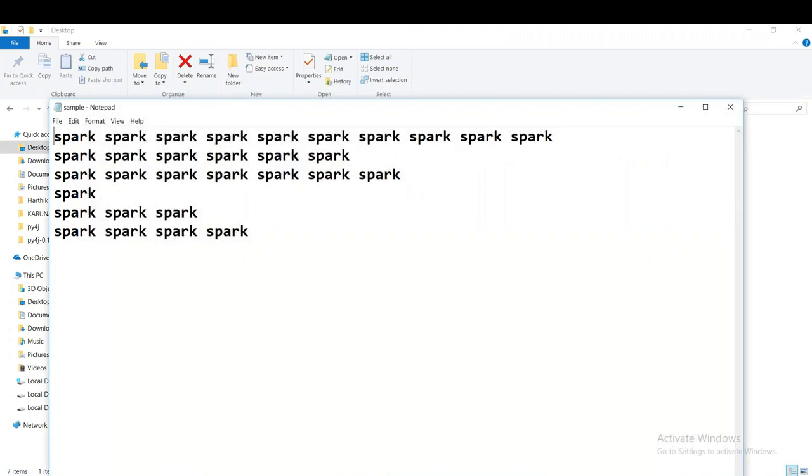So in this we have the word Spark, but in each line we have a different number of occurrences of the word. But we need to have a data frame without missing any of the words in any line. So wherever the word is missing in any position in any of the lines, it has to be replaced with some other word. But we should not miss any word in any line. So now we shall try to implement this with a function. How do we implement that function and how do we use it in RDD programming? Let's try to understand that.